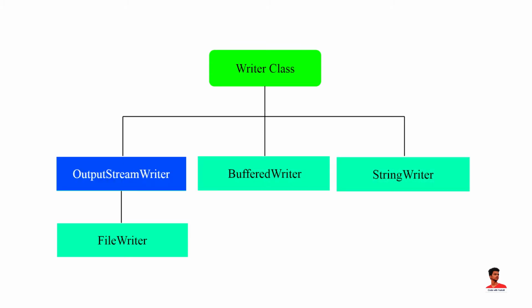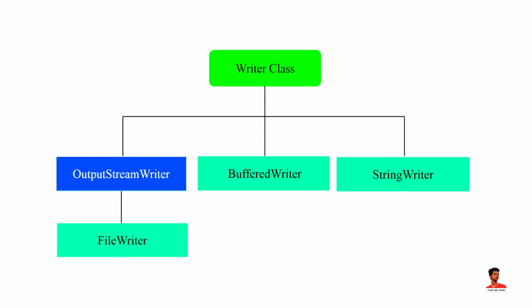The OutputStreamWriter class of the java.io package can be used to convert data in character form into data in bytes form. It extends the abstract class Writer. The OutputStreamWriter class works with other output streams. It is also known as a bridge between the byte stream and character streams. This is because the OutputStreamWriter converts its characters into bytes.